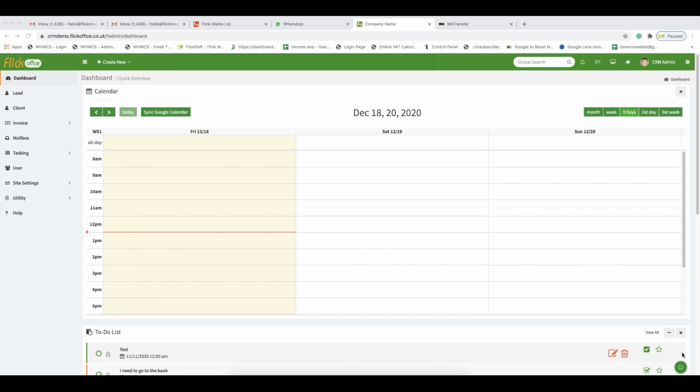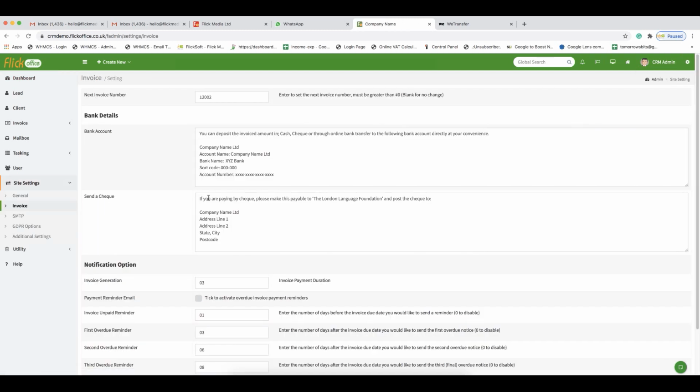Today I'm going to show you how you can create and send an invoice to your client. To do that, first you need to click on this little gear icon and click on invoice. So you need to type your company name, company account, bank name, sort code, account number. And also, if you want your customer to send you a check, type your postal address